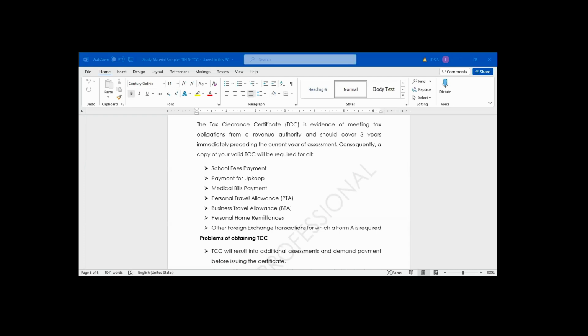Now, what are the taxes and levies collected by state government? Personal income tax is collected by state government. Capital gain tax on individual transactions is collected by state government. Stamp duties on investment executed by individuals is collected by state government.